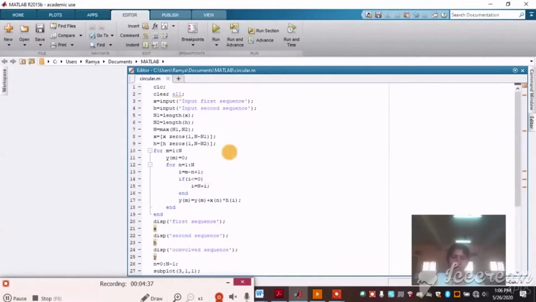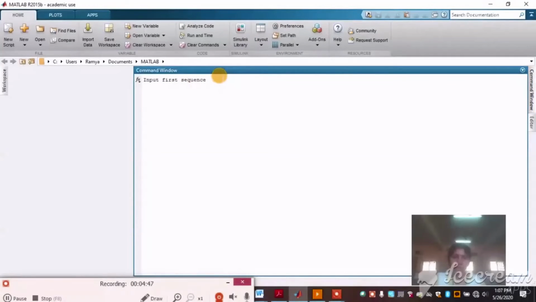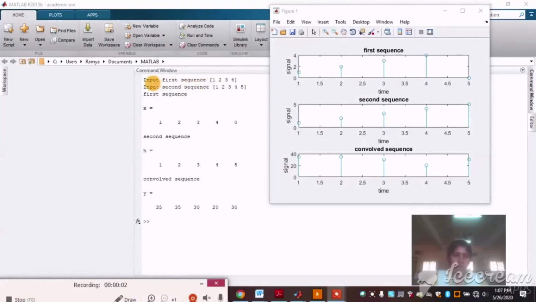After entering the program in MATLAB, you have to use the run symbol to run the command. When you run it, you go to the command window. It will ask for the input of the first sequence. If you input the first sequence as 1, 2, 3, 4, it could be anything. It will then ask for the second sequence. Input the second sequence, for example 1, 2, 3, 4, 5. After giving these two inputs in the command window,